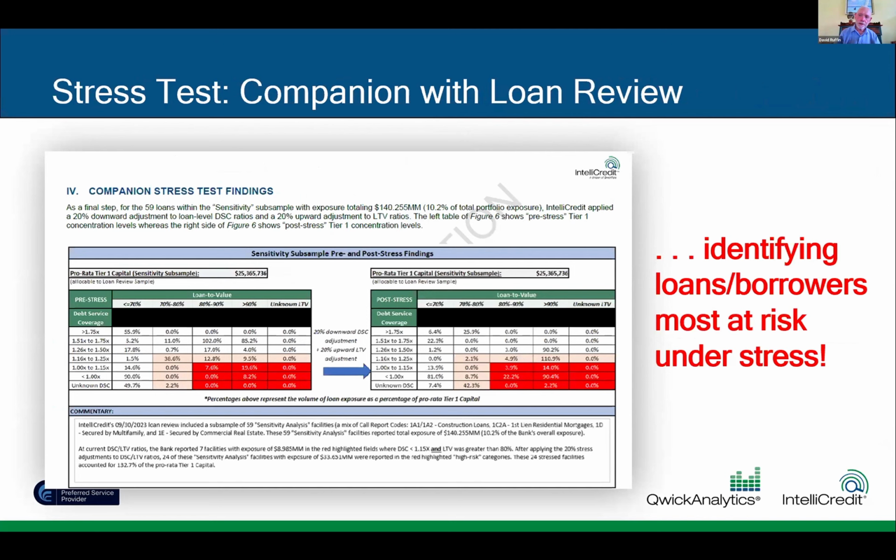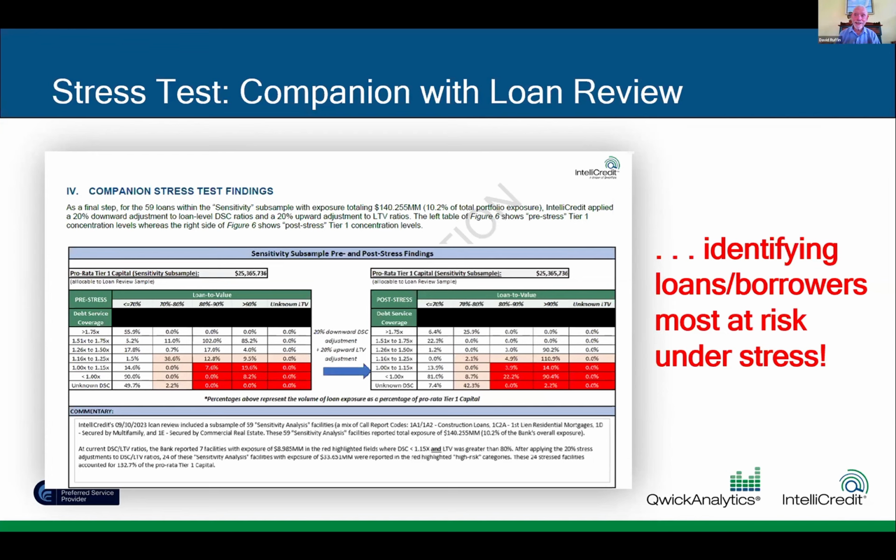What if, worst case, it is really designed to give the bank the top 10 or the primary suspects of specific borrowers that may indeed be at risk under certain stress scenarios? We see that as the most practical application of a stress test, not just a theoretical impact on capital, because as Steve well said a moment ago, a loss from one bank to another may have no real correlation.